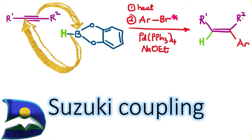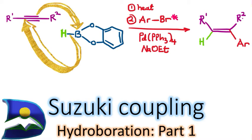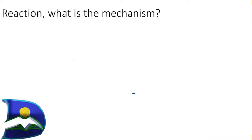And this particular step is actually first called the hydroboration, and this hydroboration step is going to be dived into in future videos in terms of different case scenarios in terms of how Suzuki coupling reactions are applied in transition metal catalysis chemistry. So in here we're going to see the mechanism, and before we actually dive into this particular